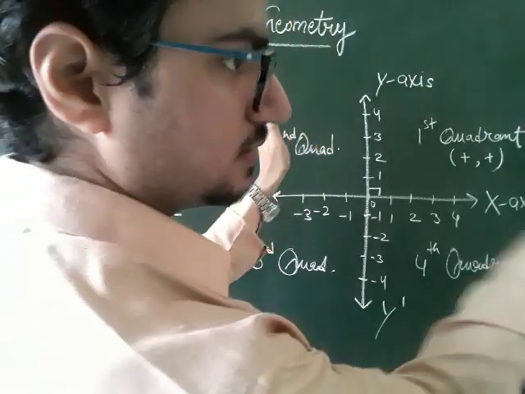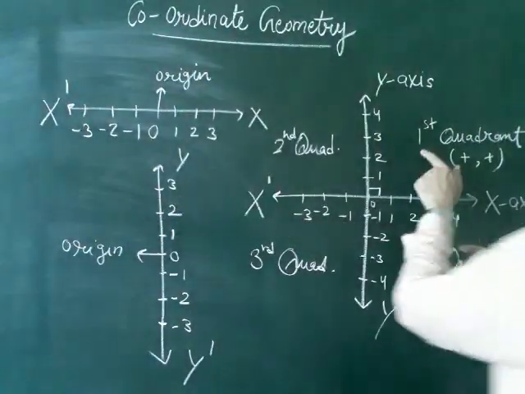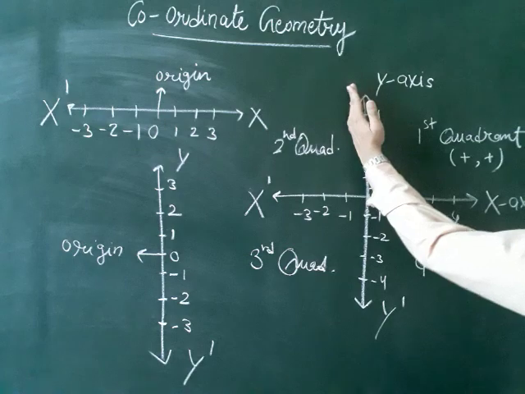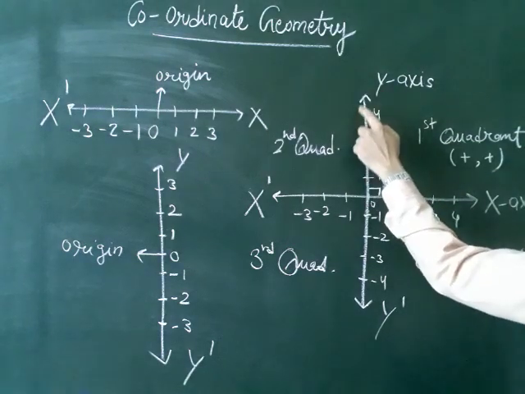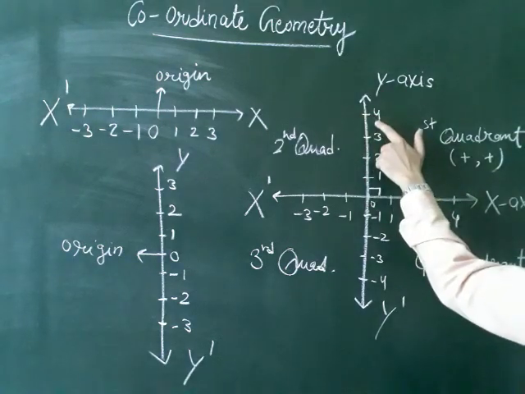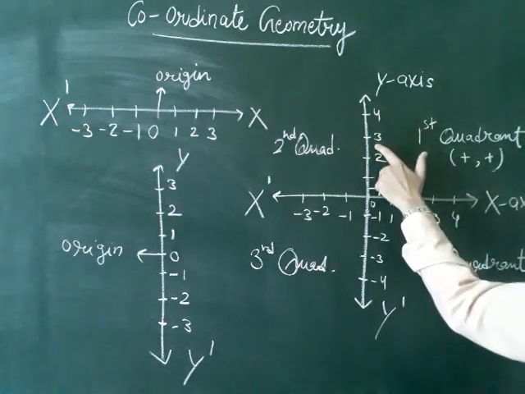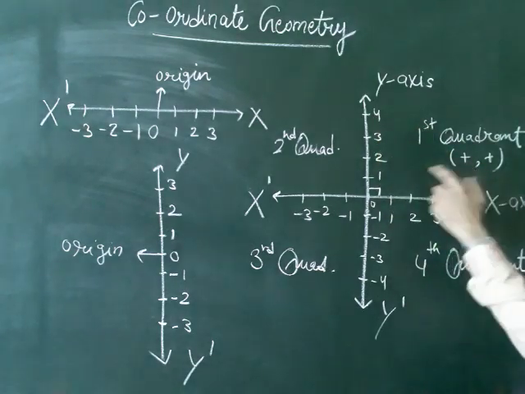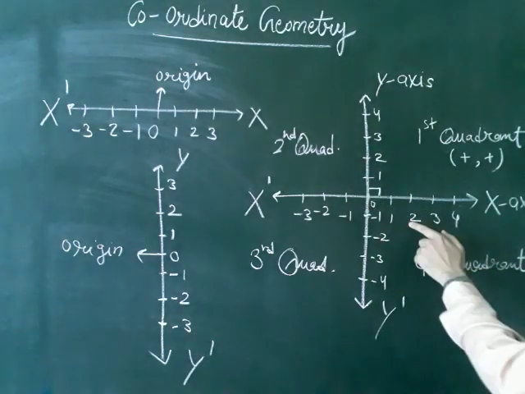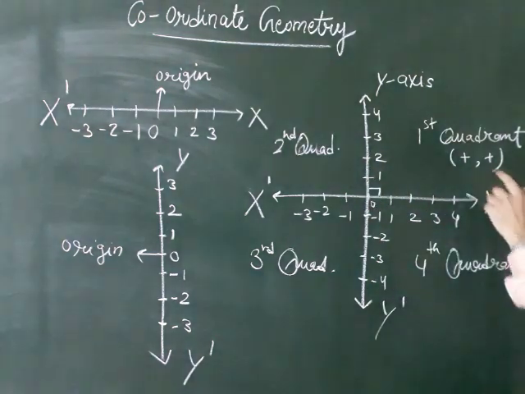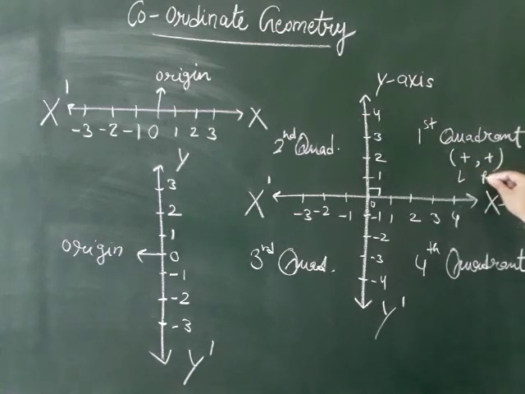First left hand, then right hand. So in this quadrant, the first quadrant, this is your left and this is your right, and the sign of the left coordinate is plus. Here you can see the left coordinate has a plus sign. So here you will write plus, and the right hand side is also plus, so plus plus. You can write left and right here.